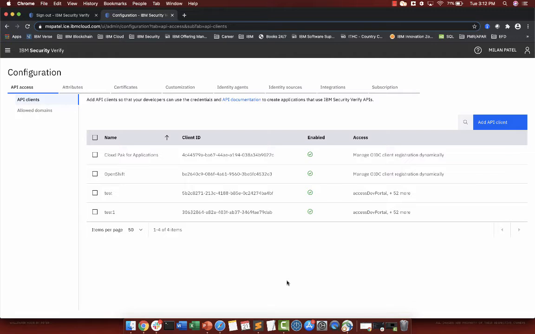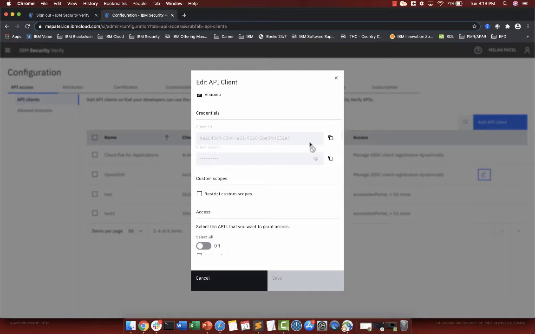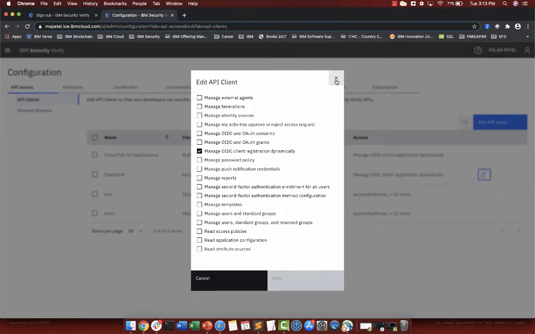What this then enables is Jane to be able to take the client ID and secret associated with this API policy and use it in the context of automatically onboarding her applications. Now that we've done that, we're going to be then going into